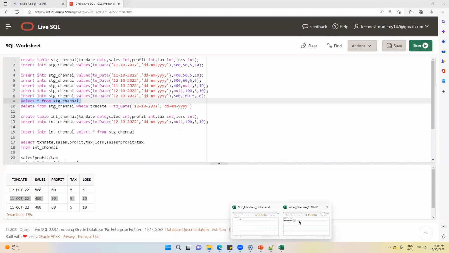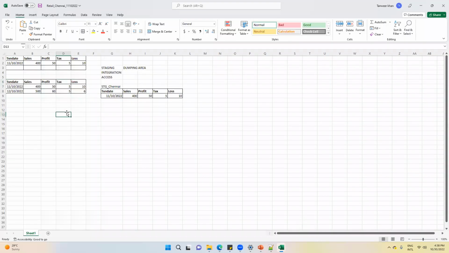So now in this case, I will get back to the source team and tell them that on 11th October data, you have already sent the transaction. Then on 12th October, why are you sending the transaction of 11th October again? Correct? The source team will tell me, Tanveer, we are working in full load mode. We are working in full load data because this has been discussed in the FRD, the functional requirement document. The data will be sent in full load. It is not my mistake. Please check the FRD.